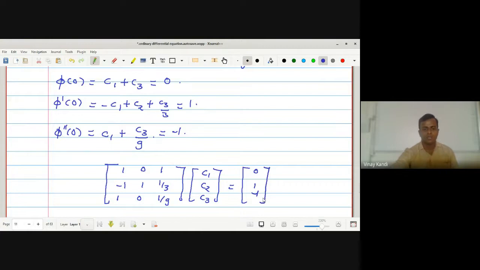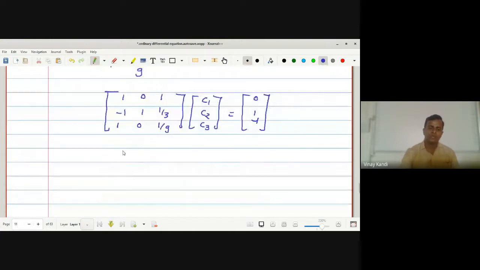Okay, now by elementary row transformation, R2 plus R1, R3 minus R1, we get